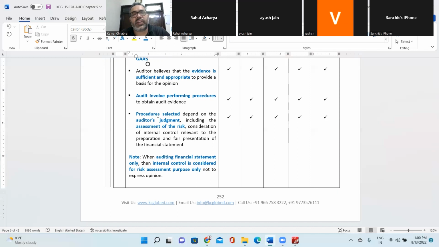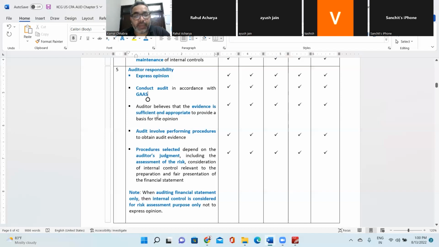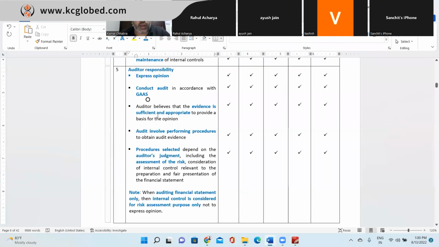These things we have considered, and the auditor's professional judgment has been applied to identify and test the respective samples, right? These all are mandatorily required to be communicated as a part of auditor responsibility in the non-issuer audit report,